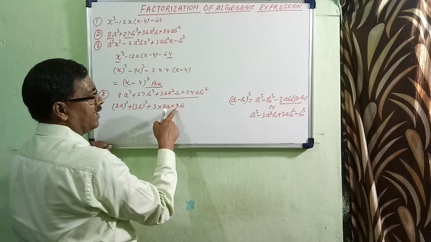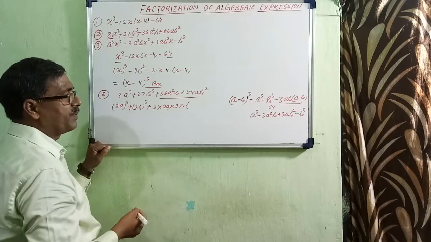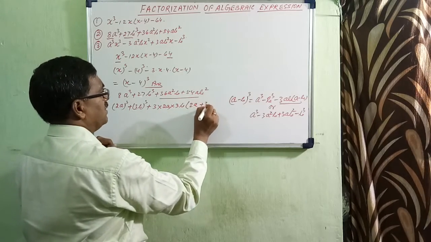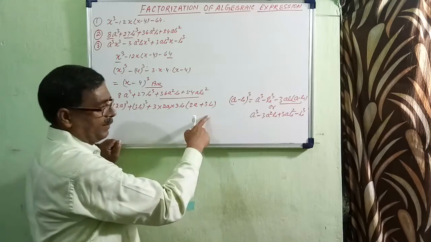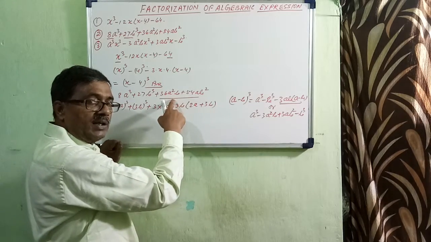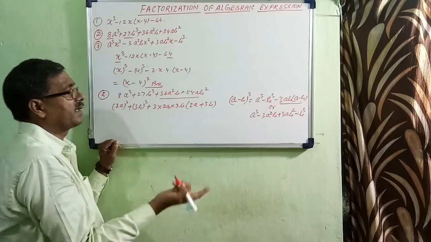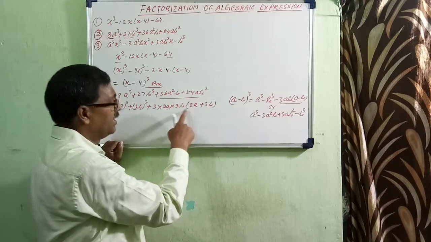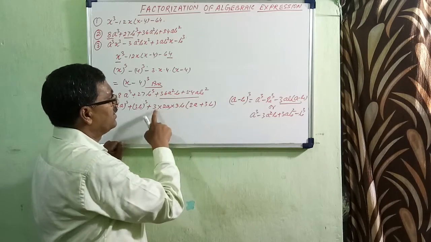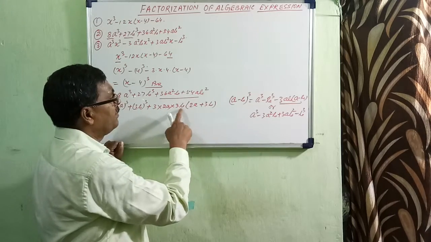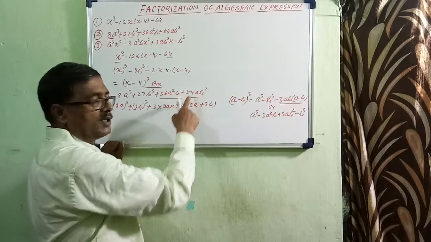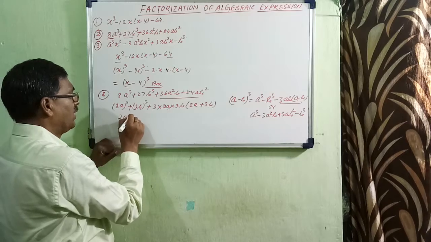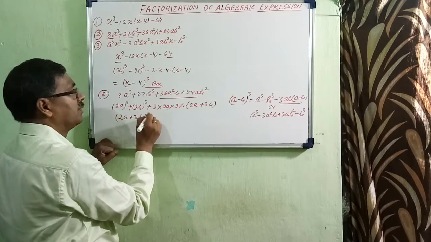So 3 2s are 6, 3 6s are 18. And what is a plus b? That is 2a plus 3b. Now you multiply and look whether you are getting this particular term or not. If so, you can directly write (a plus b) whole cube. Now multiply: 3 2s are 6, 3 6s are 18, 2 18s are 36, ab into a square b. 3 2s are 6, 3 6s are 18, 3 18s are 54, abb means ab square. You got it. So you get a cube plus b cube plus 3ab into (a plus b), and so (2a plus 3b) the whole cube is the answer.